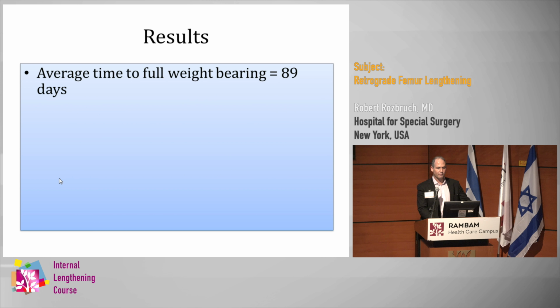There wasn't anything significant about that. There was a little bit of a difference in that we found that the patients who had thicker half pins used for the fixator had better, more accurate correction of deformity. This was actually a significant difference in terms of the half pin size. And the same thing with blocking screws. No surprise that